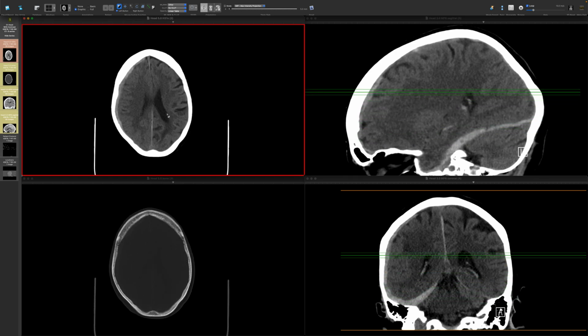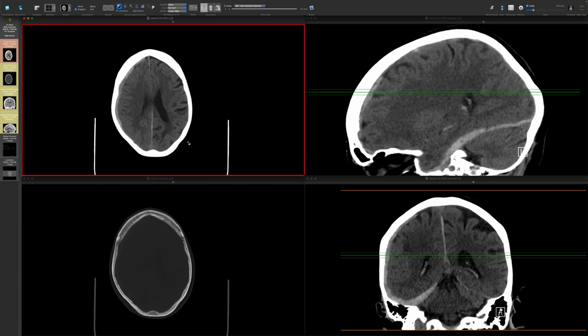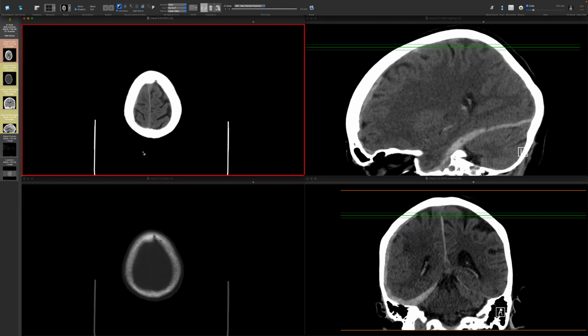So this is a non-contrast head CT. We have our standard configuration with axial reconstructions, both in soft tissue algorithm and in bone algorithm, and then we have both coronal and sagittal reconstructions. In this case, the primary finding is a hyperdense crescentic extraaxial collection that extends along the entire cerebral convexity